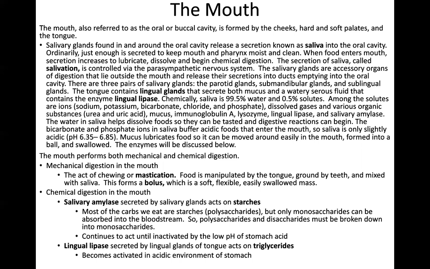Well, the pH in our mouth is around 6.35 to 6.85. That's actually significantly higher than the pH in our stomach, which is going to be somewhere around 1.2 to 3, I believe, if I remember right off the top of my head. Just know that the stomach is a lot more acidic. So the enzyme salivary amylase, which is a protein, is really good in our mouth because it's in the right shape. But when it reaches our stomach and it's exposed to the acid that is produced in our stomach, it loses its shape and then it loses its function,